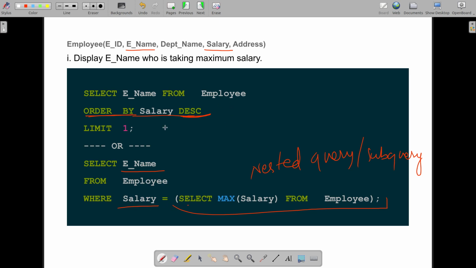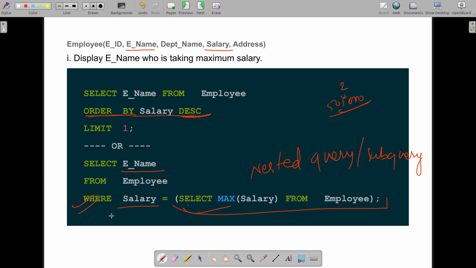So you can write either of them, both are fine, but more appropriate is this one, because in this case, suppose the maximum salary is 50,000 and there are 2 employees taking this salary, then the first approach will show us only one value, the tuple at the top, but this one can show us all the employees who are having this salary, even if there are 2 or 5 employees or 10 employees having this salary.